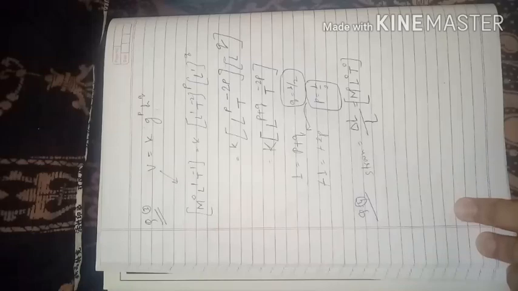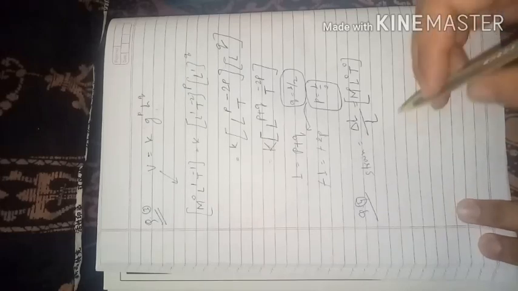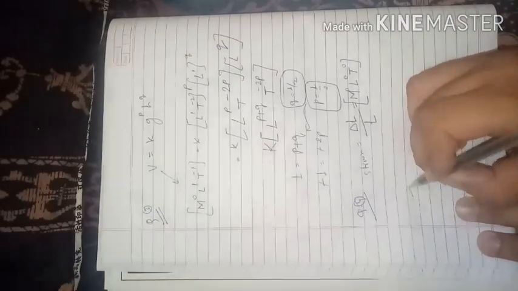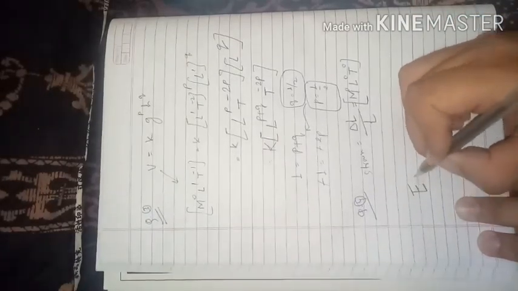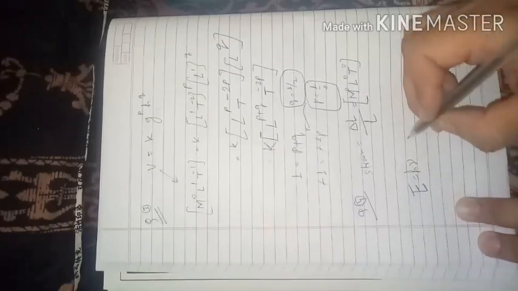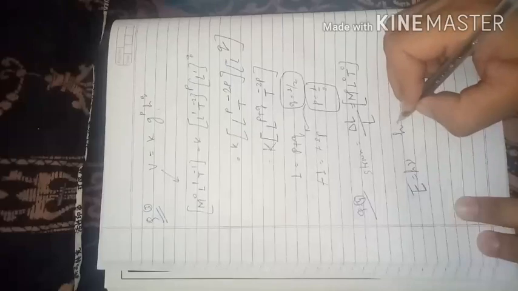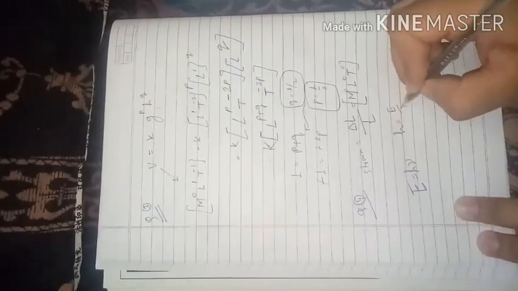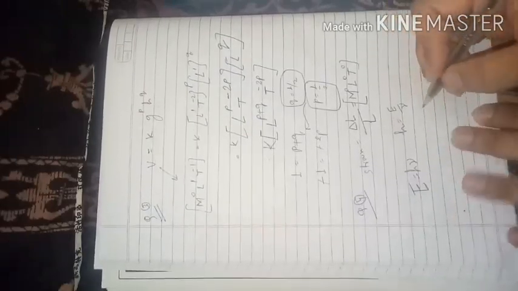When we talk about Planck's constant and energy, let us talk about that. Planck's constant can be derived from E equal to h mu. This also we have already discussed in the lectures, right? E equal to h mu. So from here we'll get h is equal to E by mu, right?